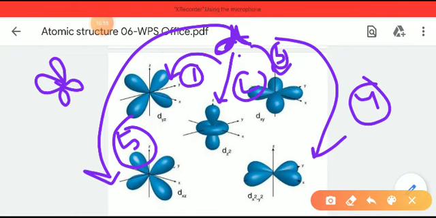So we have learned about the quantum numbers, their characteristics and nature, and the properties of quantum numbers, what they mean. The azimuthal quantum number is subdivided into 4 orbitals, that is s, p, d, f. We have also discussed the structure of each and every orbital, and how the names originated for the s, p, d, f orbitals.